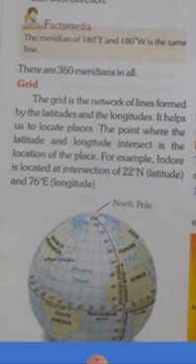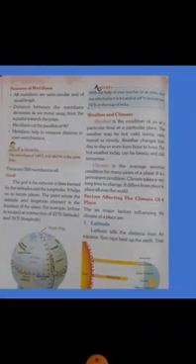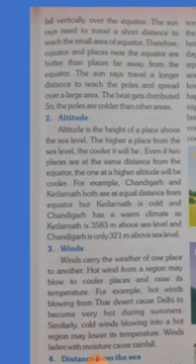Okay, then next is the altitude. Second is the altitude. Altitude means the height above the sea level. The height of a place above the sea level is known as altitude. We know that higher places, that means hilly areas, the Himalayan region and other hilly regions, have a cooler climate. But plain areas have a hot climate. Plain areas like our Delhi, UP, all these are located in the plain areas. So we have what climate? Hot climate in summer season.